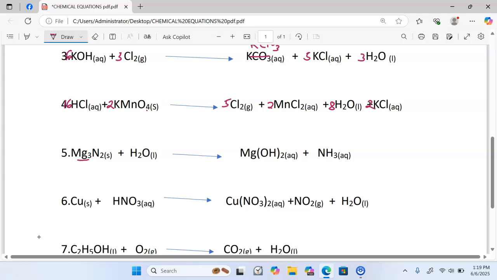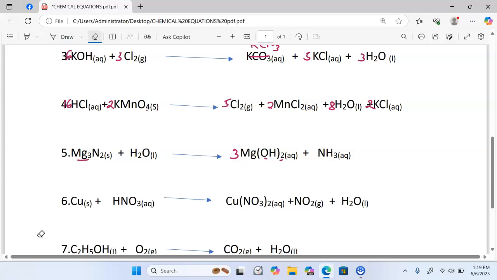We have 3 magnesiums on the reactant side, so we multiply magnesium hydroxide by 3, and by doing that we have affected the number of hydrogens and oxygens, and therefore we can try and adjust the number of oxygens. We have 2 oxygens, that is 1 times 2 giving us 2, times 3 giving us 6, and therefore we can now